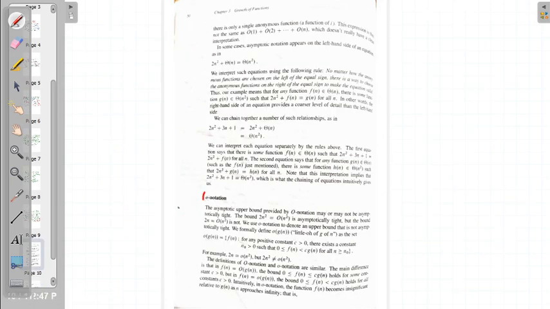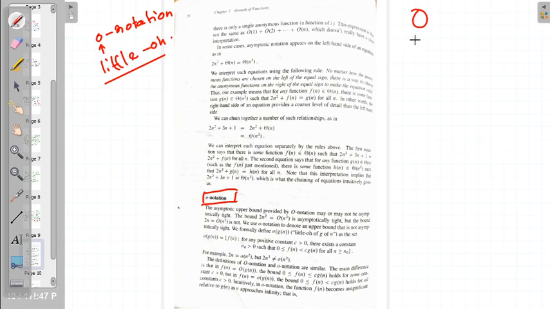So one is the little o notation, little o. We have seen big O, right? Now we are seeing little o. So this big O we have done, and now we have to do this little o. This little o is again the same thing, order of